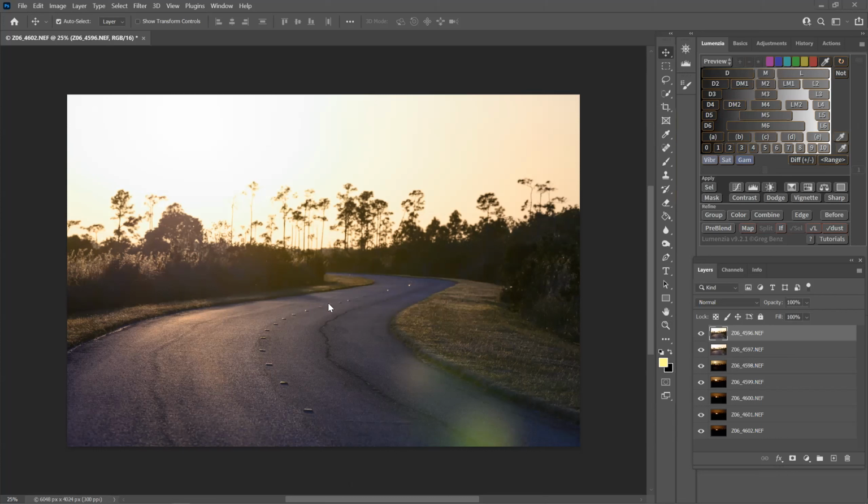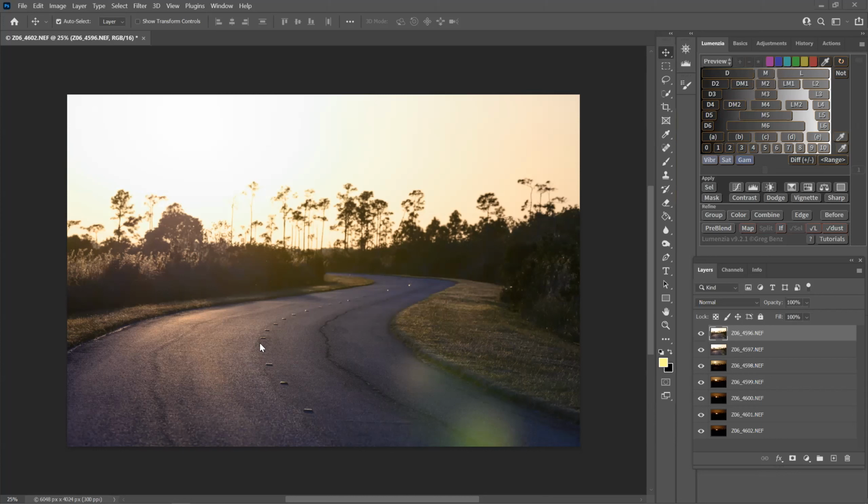What I should have said when I started, when you're taking focus stacks, you do not want to change the camera location. You don't want to move your camera. You do not want to change your focal length. If you're at, like I was, at 380 millimeters, you do not want to zoom in closer or zoom out. You want to keep whatever you're shooting exactly as it is. The only thing you're going to change is your exposure, your shutter speed, if you want. If you're not shooting a sunset, you could just do it regular. Don't change any of your settings, just where your focus point is placed.